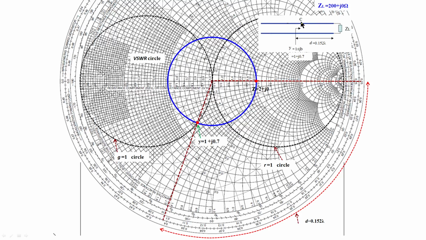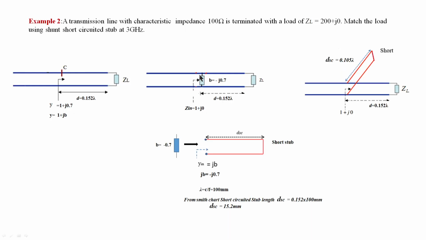So we stopped like this, at what distance? It is 0.152 lambda. At that position, what we have to do is connect the negative stub here, the opposite stub. At this distance, this is very important. So we found the distance and the value of stub you have to connect, indicated like this. Actually this susceptance is negative, so you should connect some reactive element here, capacitor or inductor, with a susceptance value equal to this.